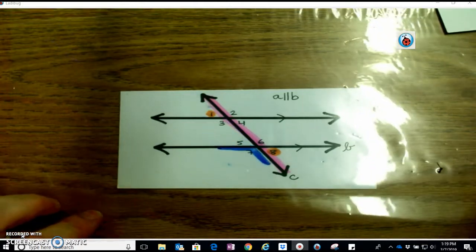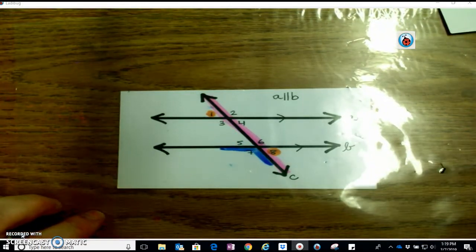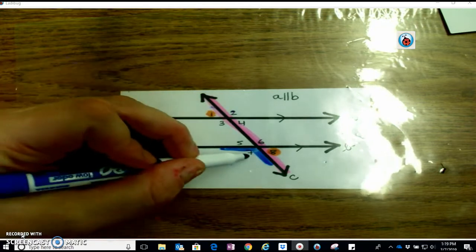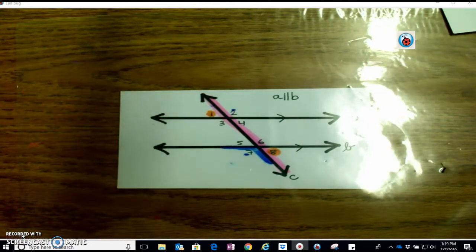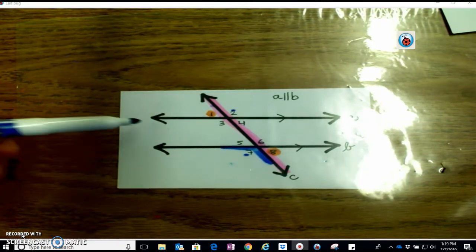And then if I slide it down, it would also equal angle 7. And angle 2 and angle 7 are alternate exterior angles. So conclusion: alternate exterior angles are congruent when you have parallel lines, because if they are not parallel,